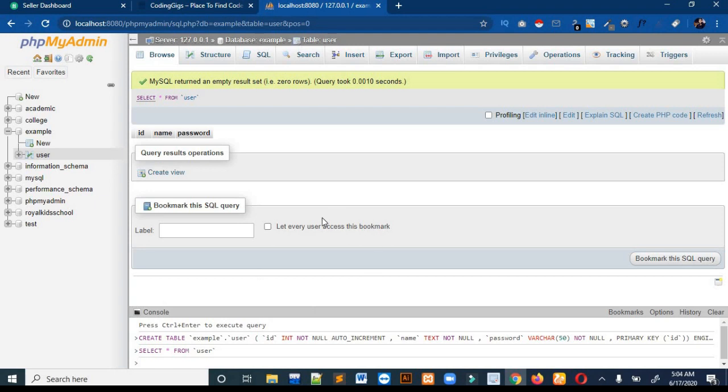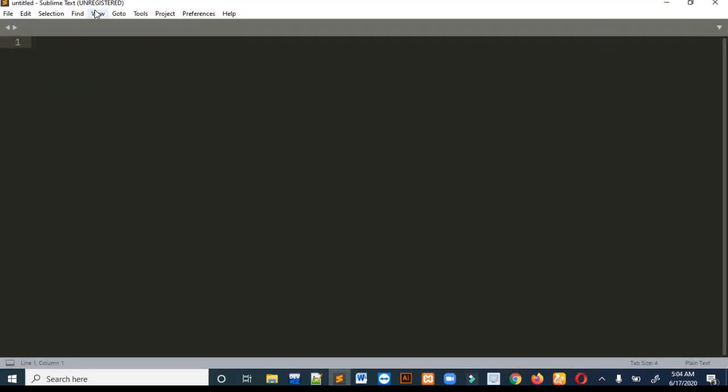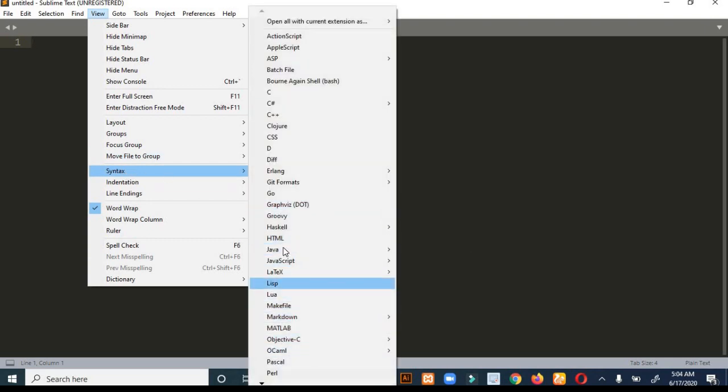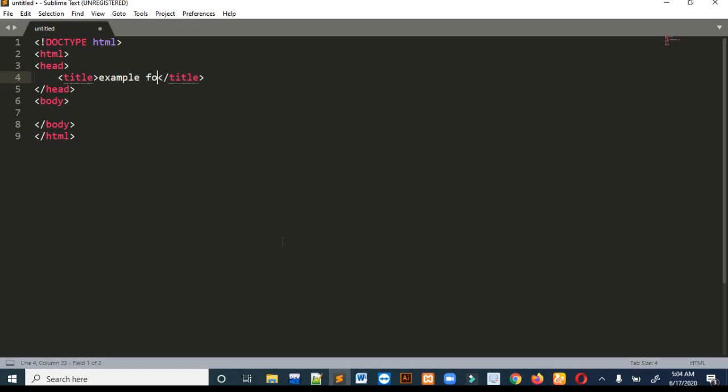After making a database and a table, open your Sublime Text editor. First of all, I will make an HTML form. For making a form, I have to use form tags.